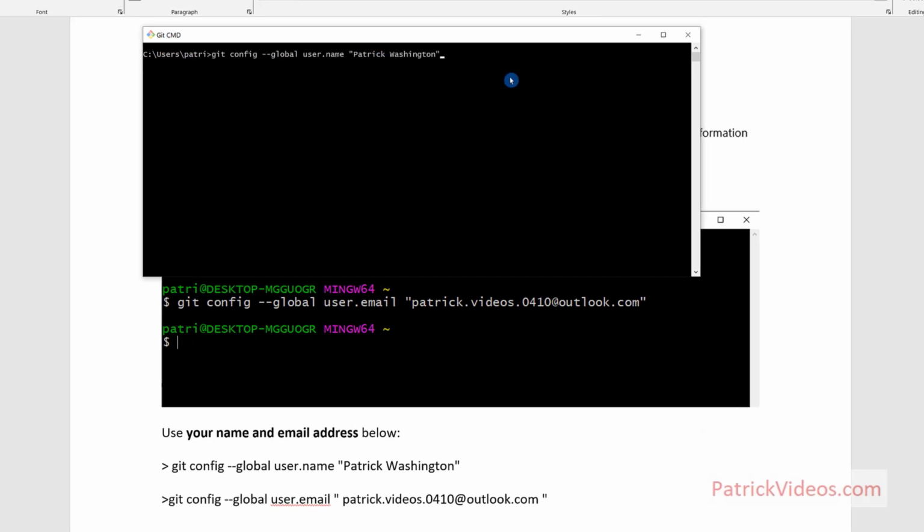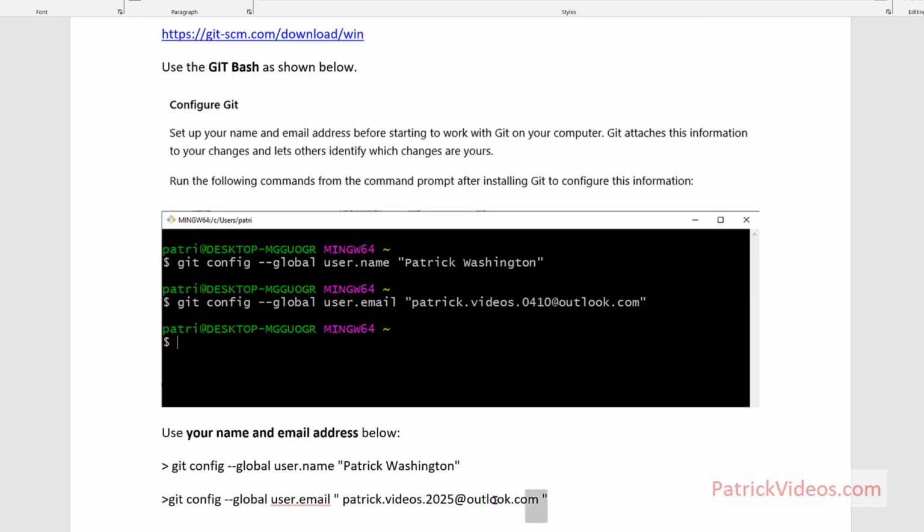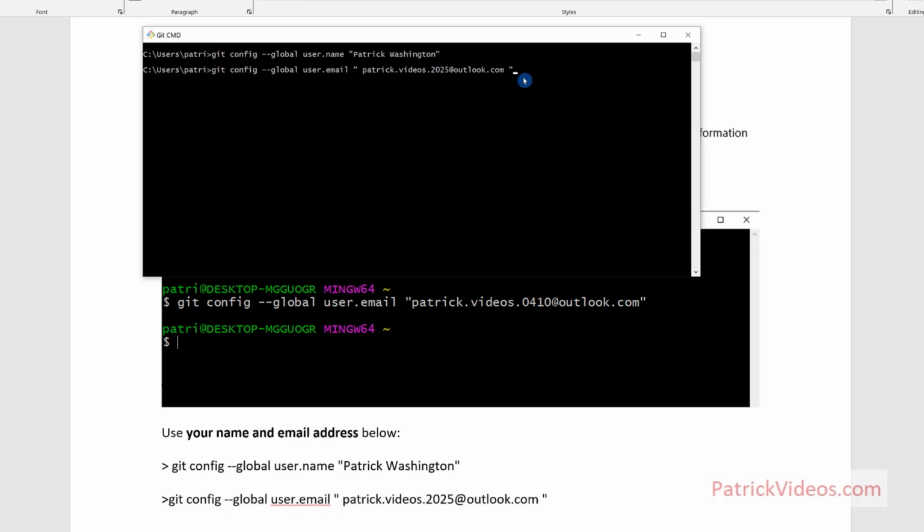The git config global user.name Patrick Washington. So in this command, you'll use your name. And in here, you will use your email address. Now, whatever you enter here, the name and email address, you can change it anytime you want